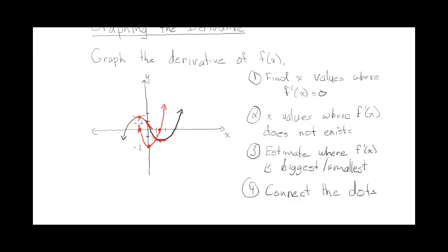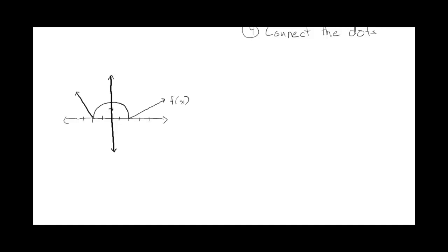So thinking about things like that helps. So this red one here is f prime at x. Should have labeled the black one, but the black one was f at x. So it's kind of similar to what we did before where we did a table of values, but here I'm not going to do all the x values or a whole bunch of x values. I'm just going to take the ones that are important, and that will allow me to get the general shape of the graph. Okay.